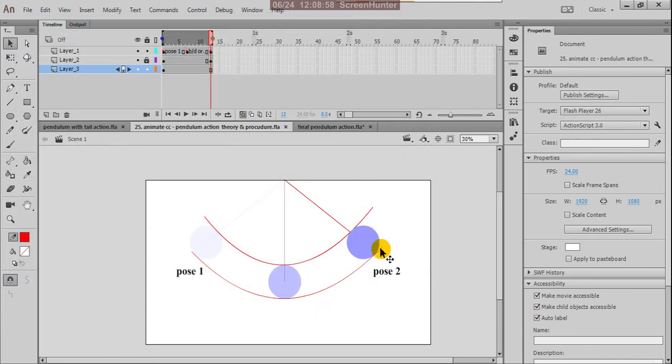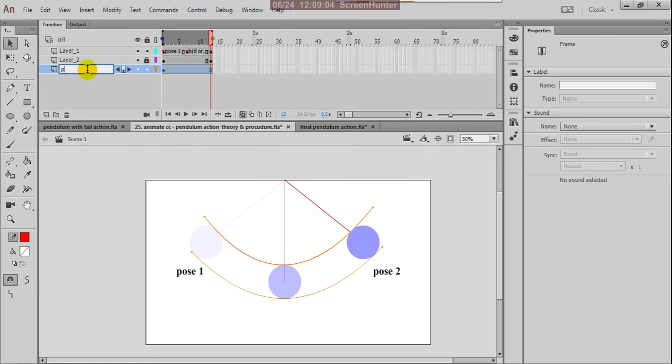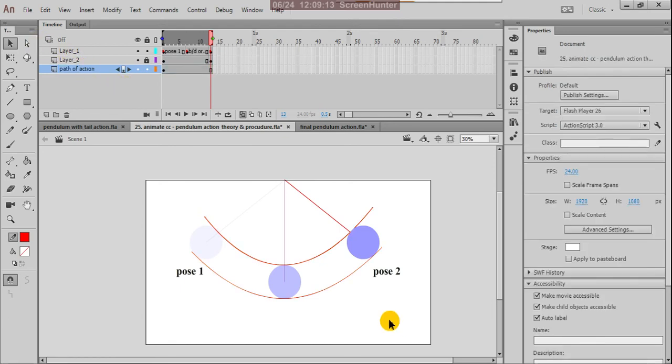Okay, so this is called path of action. Path of action. Okay, lock this.